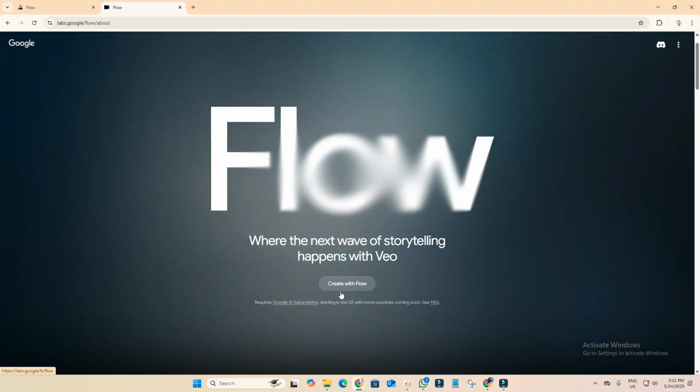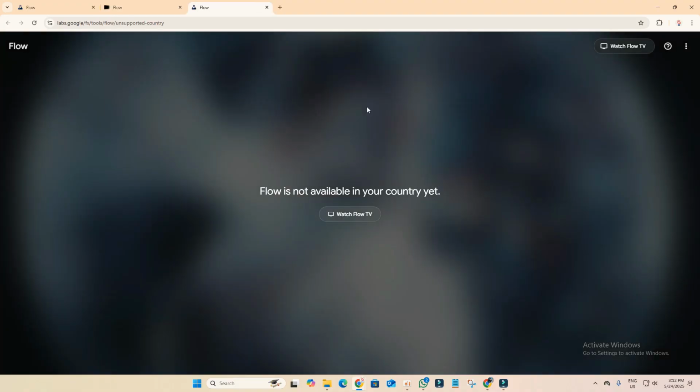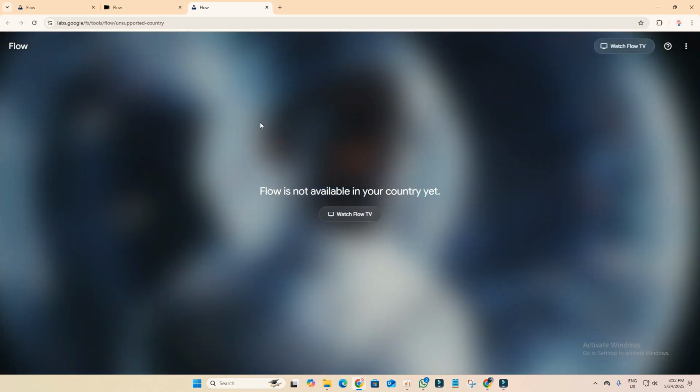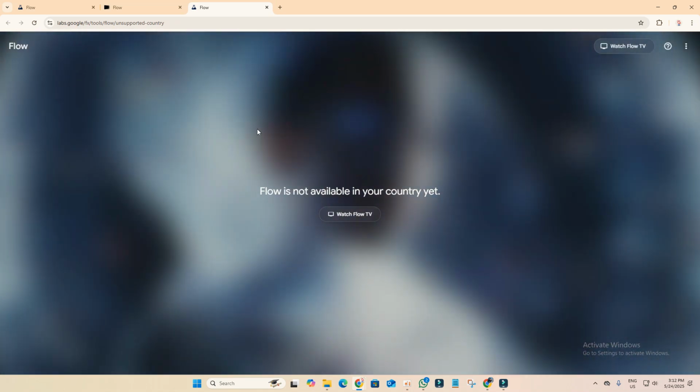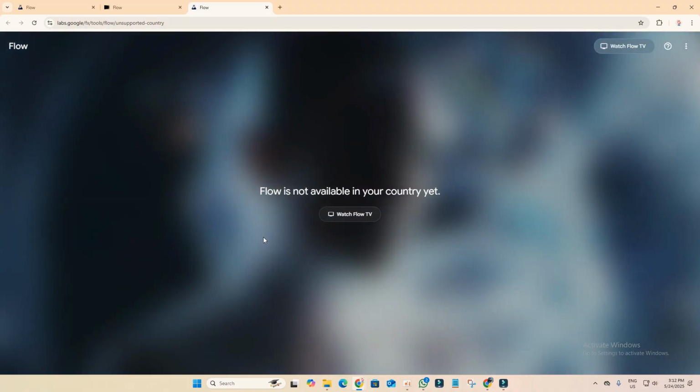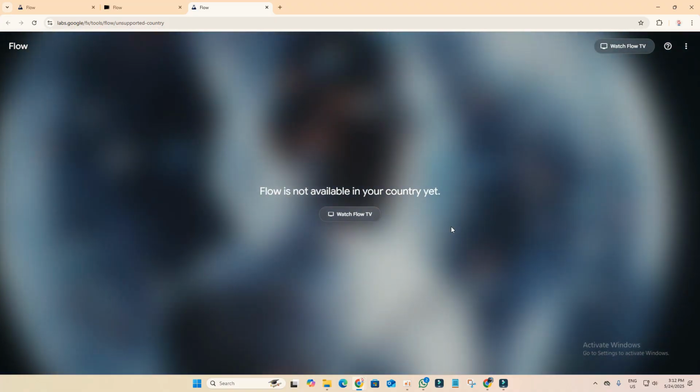Now click on Create with Flow, and as you can see, we cannot access this website. Flow is not available in your country. It's showing this. So the solution is, what you have to do is